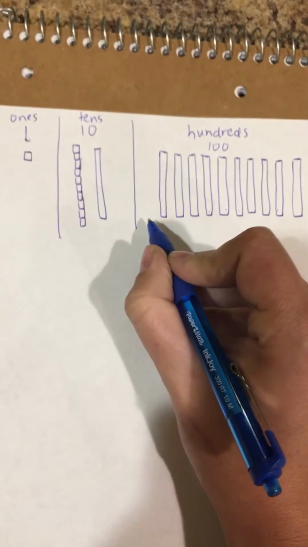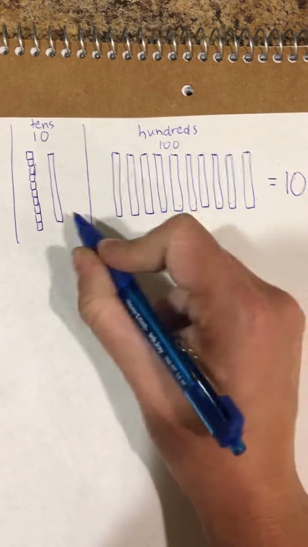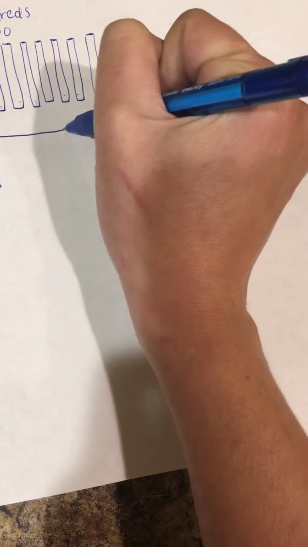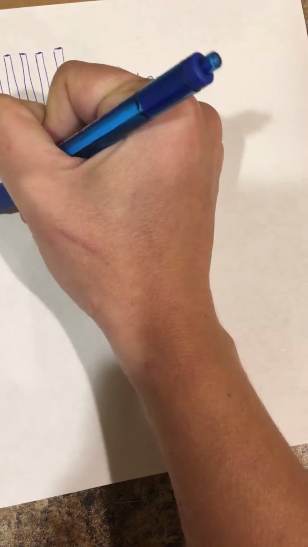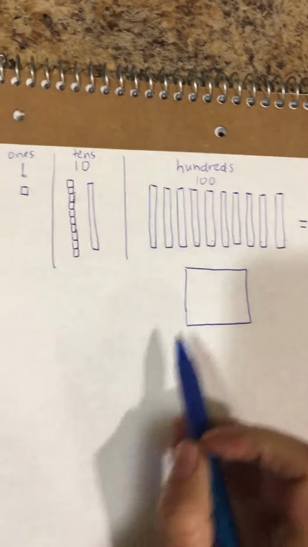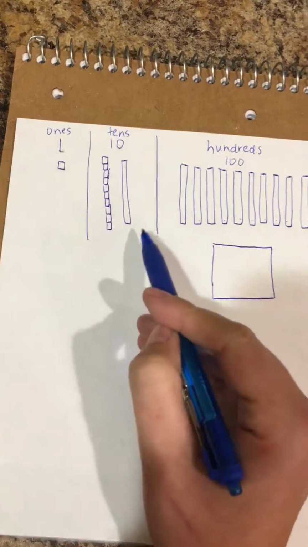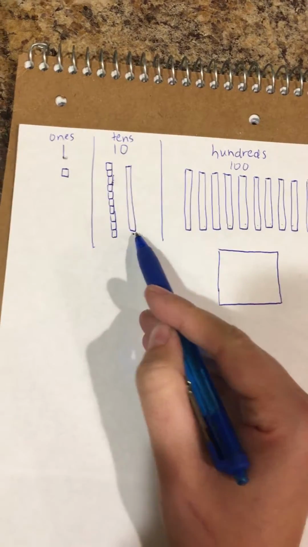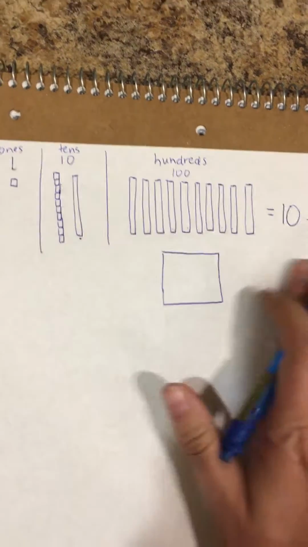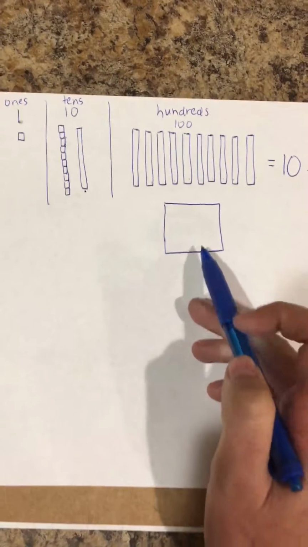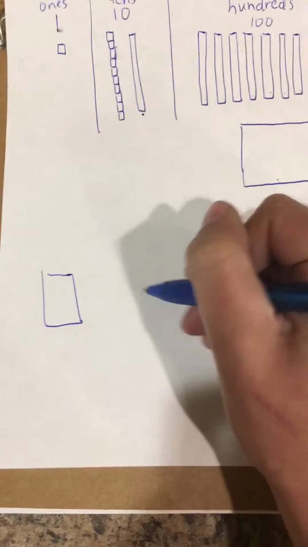And so instead of having 10 10s, you group them together in a large square. And this is how I have my students draw it out. So this large square means 100. This is 1. 10 of those makes 10. And 10 of these makes 100. So the next step in the progression, once you collect 10 of these, that's 100,